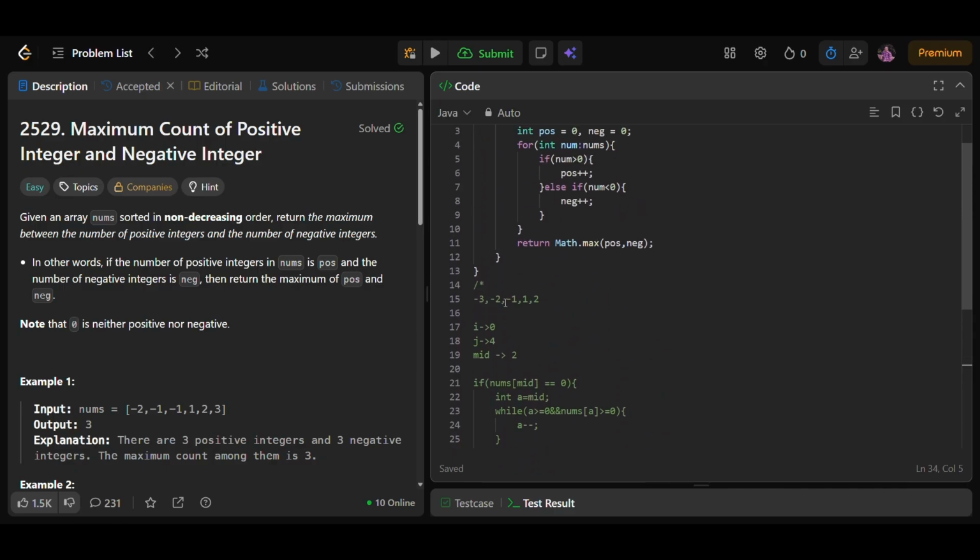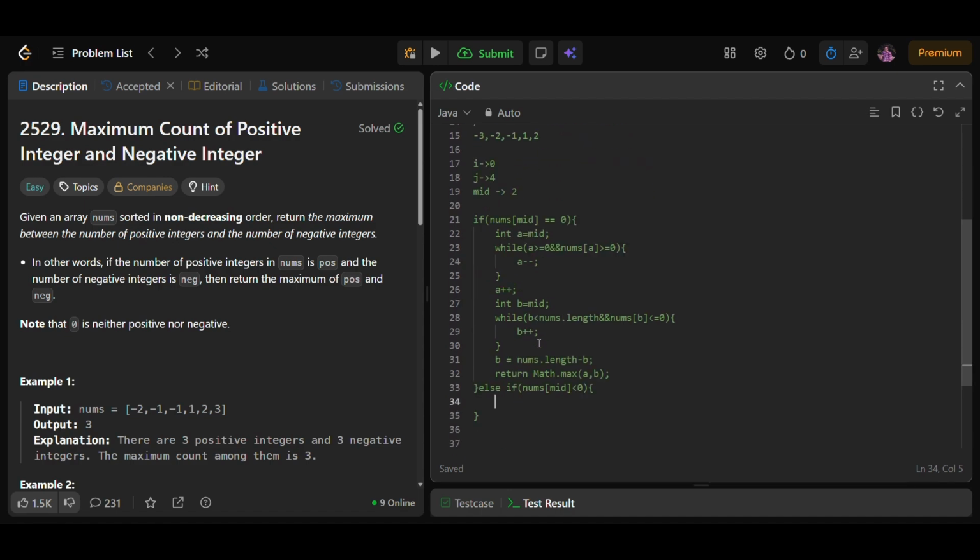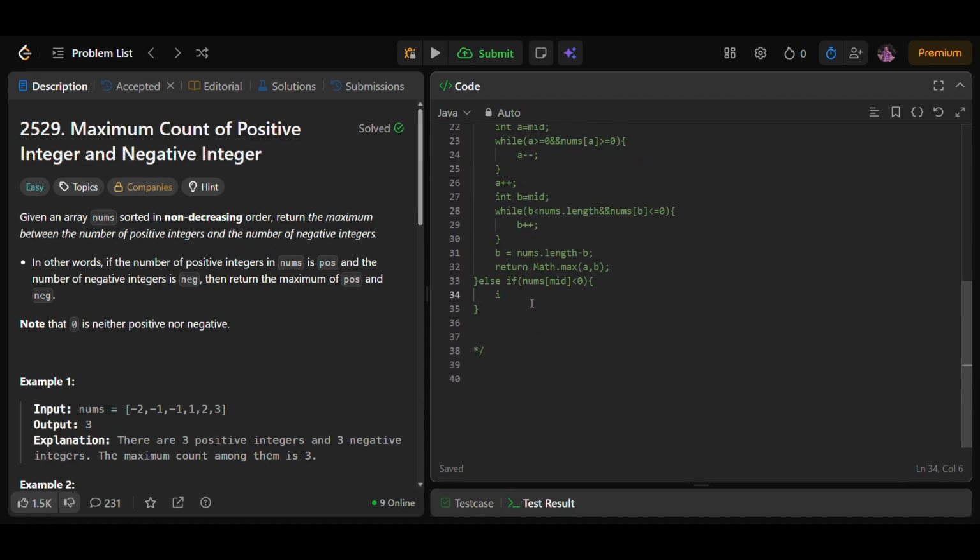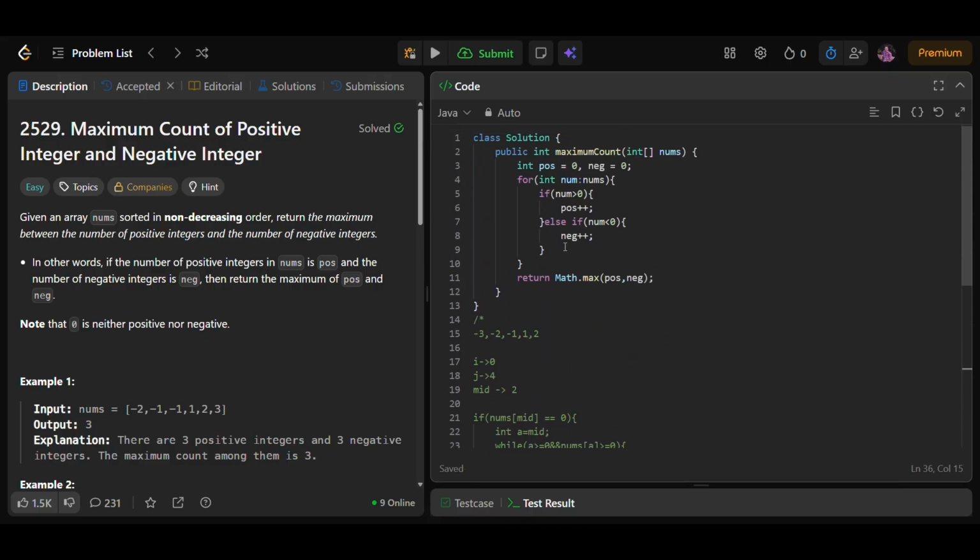We will make sure that i should be greater, we increase the i by 1, right? So we'll make i equal to mid plus 1. In the other case, we are going to decrease the j, mid minus 1, because we have to